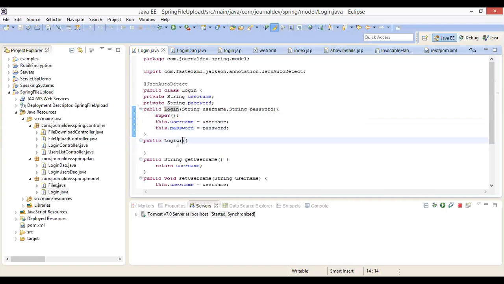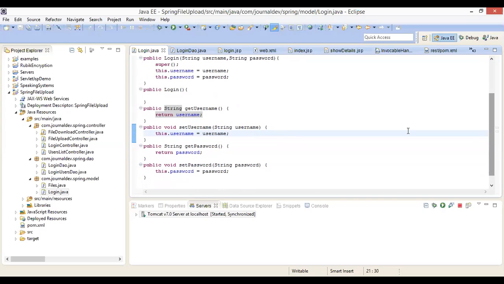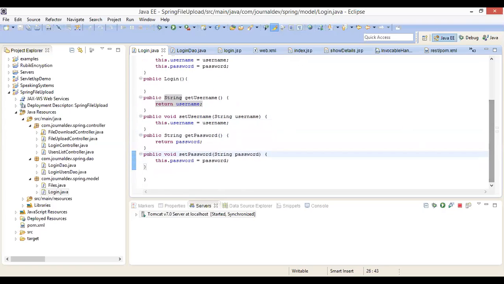Okay. Then there is a constructor without any arguments, a plain constructor, empty constructor. Then you have getters and setter methods. Because in Java, if you want to model a data, you have to use getter and setter methods. So get username, so you can return the username. Set username, you can change a particular username like this. Get password, set password. So this is the data model you will create for your table. What is the table that you have? Your table is login table. It is having two fields. One is username and the other one is password.